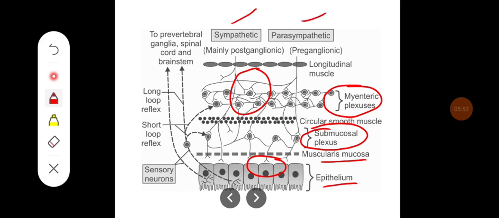Usually they are supplied by sympathetic and parasympathetic. Sympathetic increases the secretion from the submucosal plexuses, and it is going to inhibit the muscular contraction, whereas parasympathetic usually increases the secretion and it is going to improve the peristaltic activity. And they can have a short loop where the sensation goes to the local plexus, and depending on the local stimulus, the activity of the gut is controlled, whereas some fibers carry information to the central